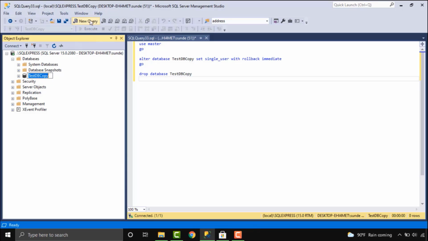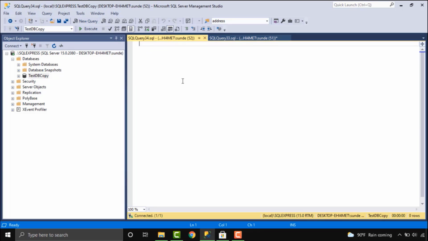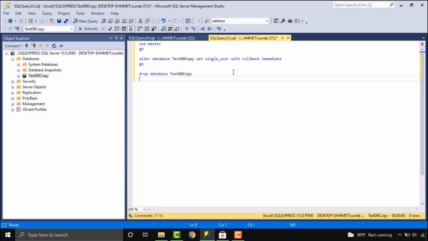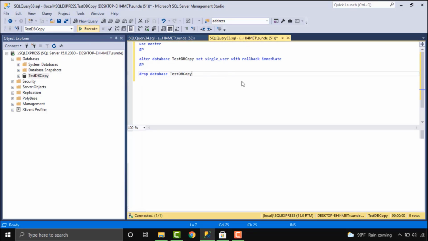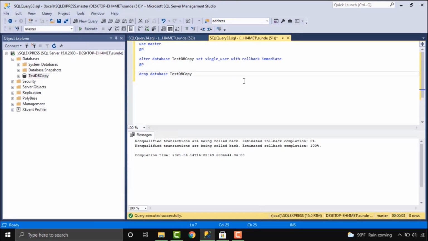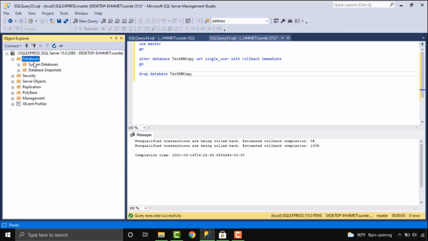Even if some other session is using this database, when we run this query, it should be able to delete the database. So it's successful. Refresh it, the database is gone.